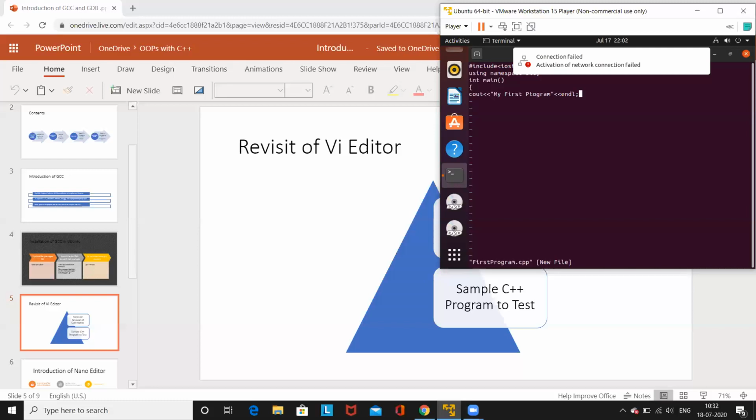Here after this operator, inside a double quote, the string can be put. So one string I have written, then again the operator. Actually in C language, you should use the comma symbol for concatenating something. So here if you want to concat two strings, you have to again use this operator. How many times you want to concat the strings, you have to use the operator. So endl for new line, then semicolon as it was.